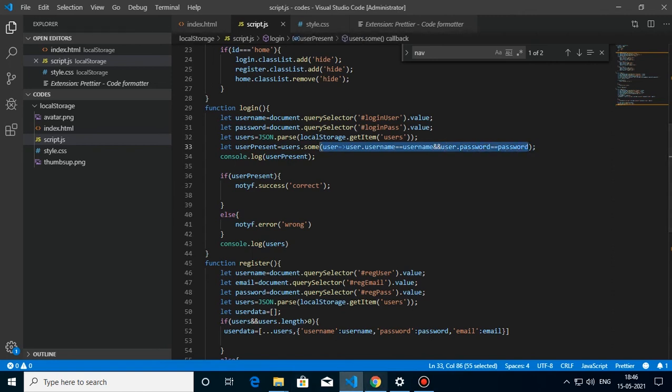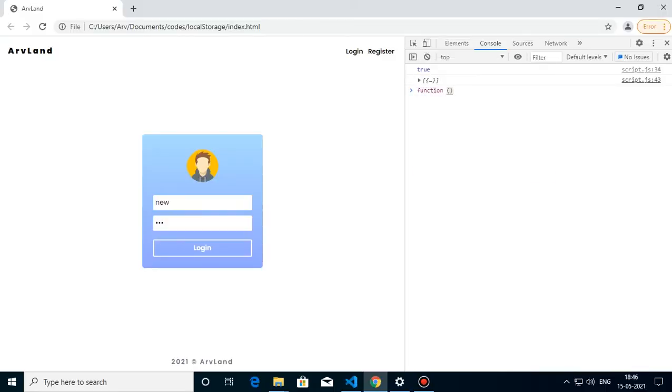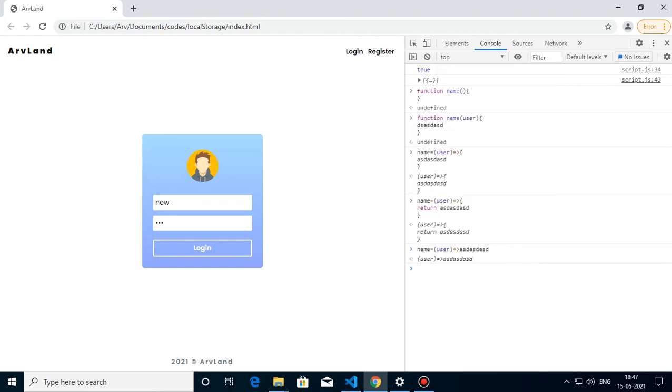How a normal function will be: it will be like function something, right, name. The same thing I can do easily like this. If I want to return something, for example, if this is a return statement and only one line is there, I can shortcut it again. Instead of writing return and all, I can just make it like this. What I did is I made it a one-liner, but I added this one.